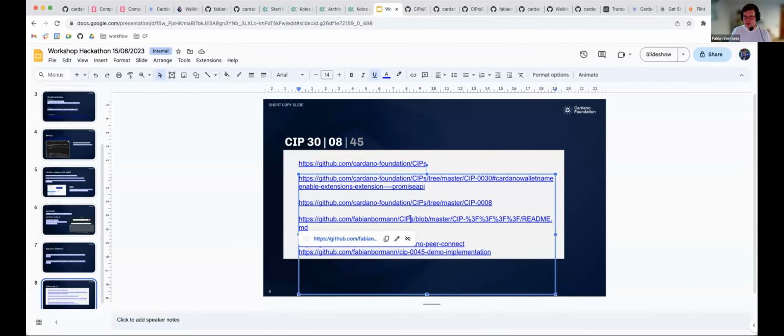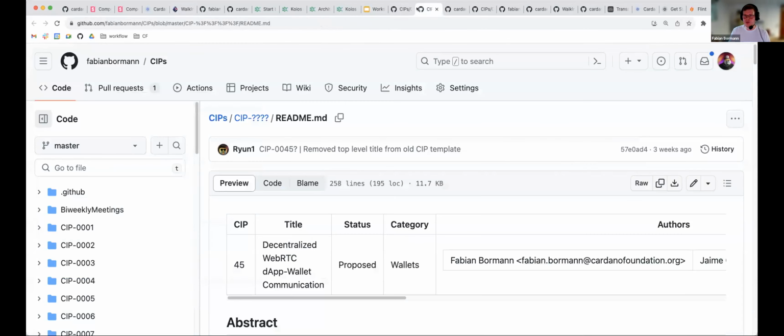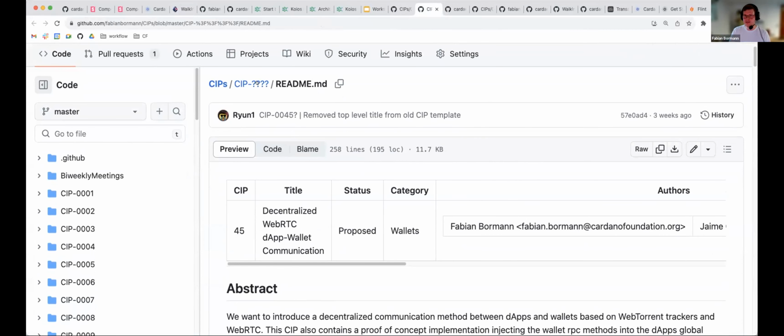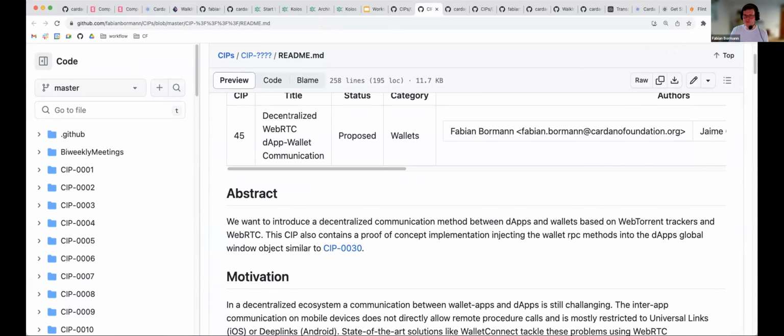There's also this other SIP that I mentioned. It's SIP45, that I showed you within the button component. It's not merged yet, that's why it's in a branch, and it's the decentralized WebRTC dApp wallet communication. It's a very lightweight way to inject an API from one browser to another browser. I think there are more use cases than just a wallet dApp connector, but here it fits very well, because if you're on mobile, you typically don't have any